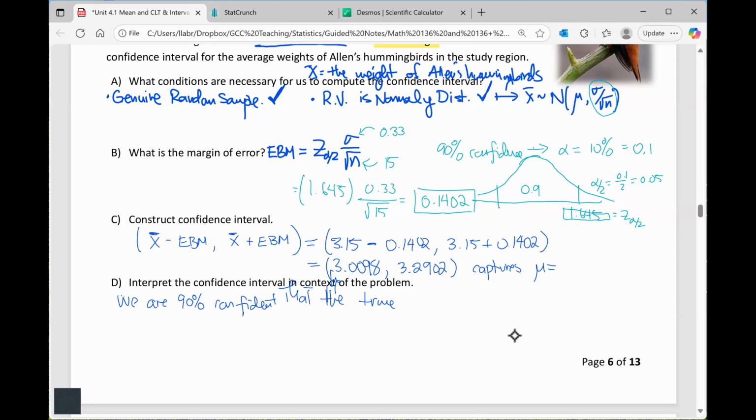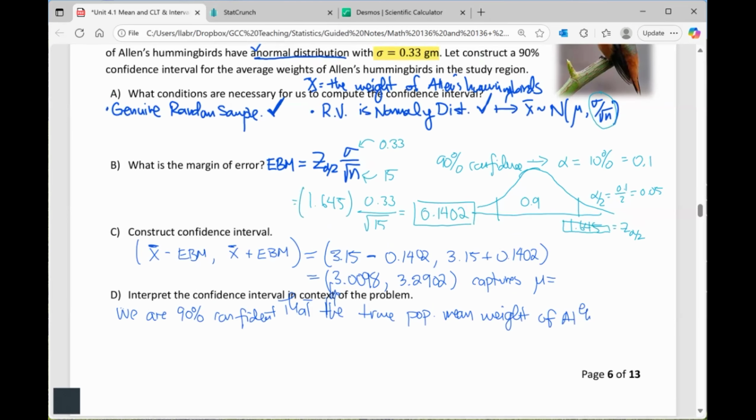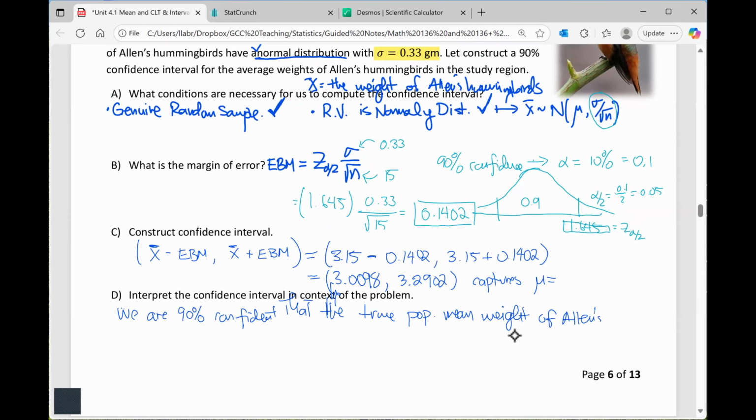So we are 90% confident that the true population mean weight of Allen's hummingbirds is between these two numbers, 3.0098 and